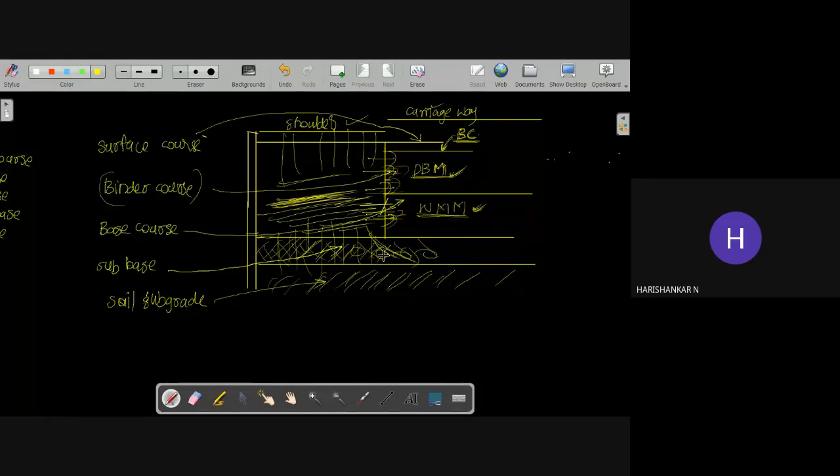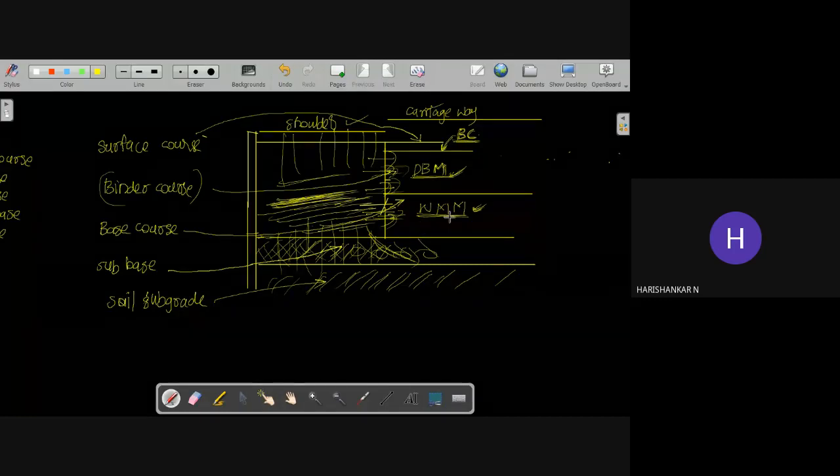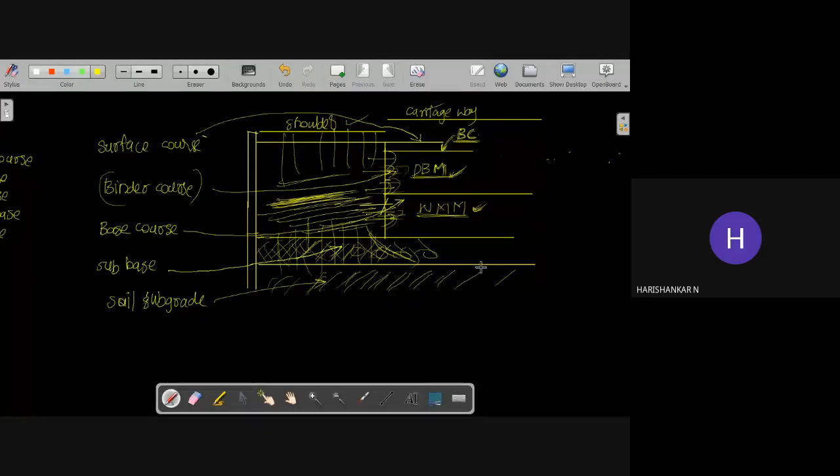So first of all, you have to make the foundation. So you have to dig the soil. That means you have to cut away the soil for the corresponding thickness. So once you get the foundation ready, then you can apply the subgrade soil and you can compact the subgrade soil with the corresponding moisture content. And once you compact it, you can apply the sub-base course. The sub-base course should be well capable of penetrating water, and you can provide the sub-base course throughout the shoulder and carriageway. So once you are ready with the sub-base course, you can directly go for wet mix macadam.